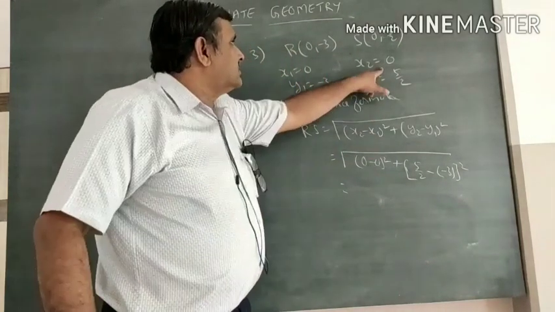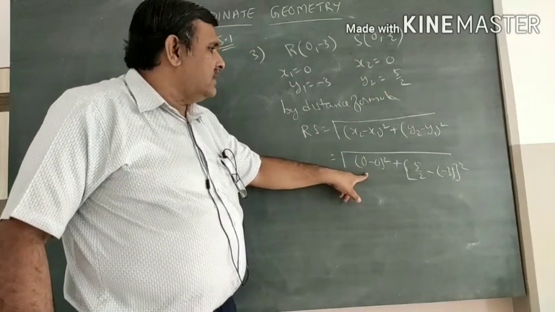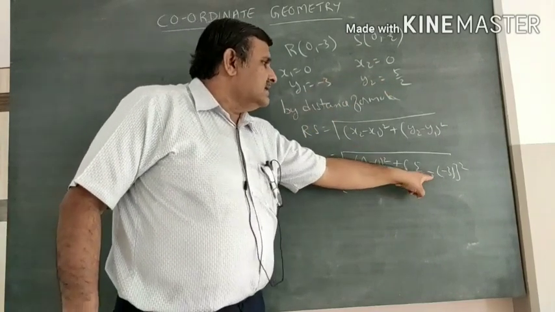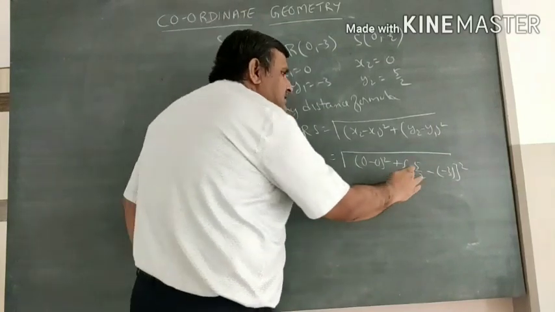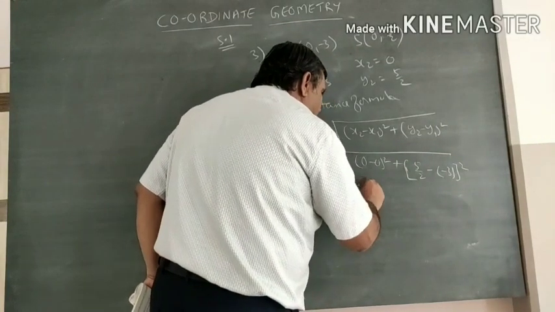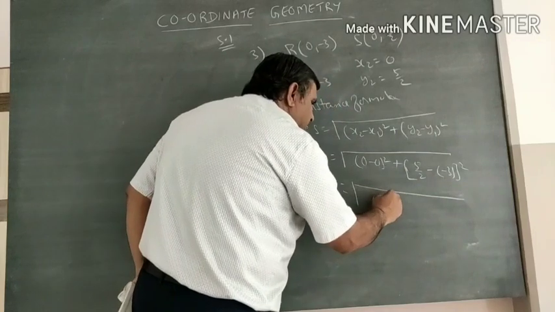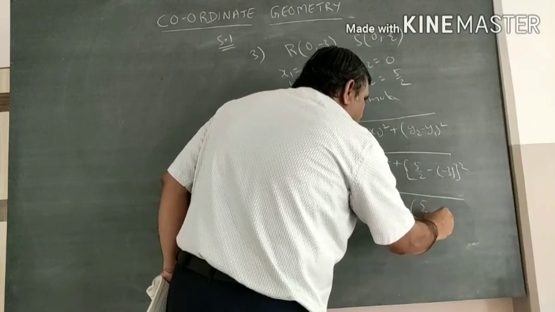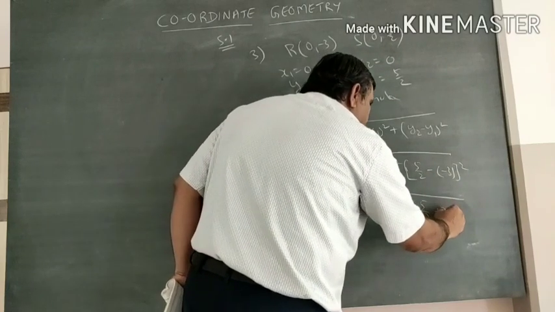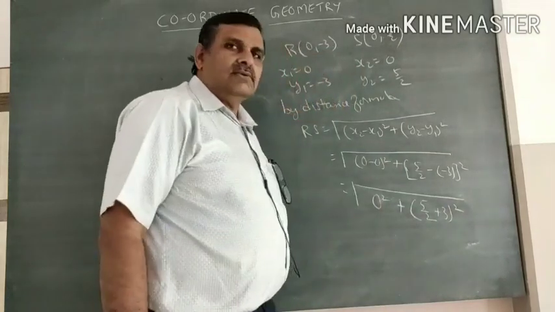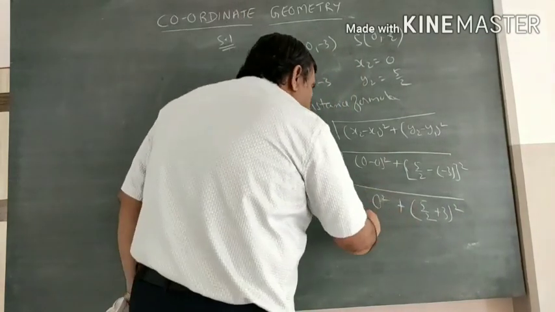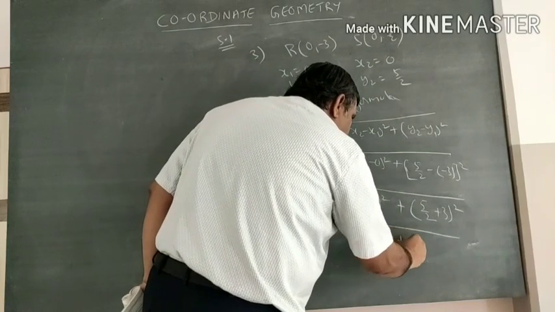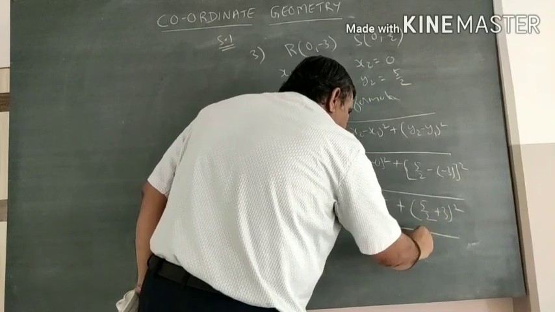What is that? x2 minus x1 means 0 minus 0 square plus y2 minus y1 means 5 upon 2 minus minus 3. See, here 2 times minus is coming. Next step, I shall open this bracket. Now see, this will become 0 minus 0 means this will become 0 square plus here I shall write down 5 upon 2 minus minus, plus 3 square. What is 5 upon 2 plus 3? I shall write here 0 plus here 3 to the 6, 5, 11 upon 2